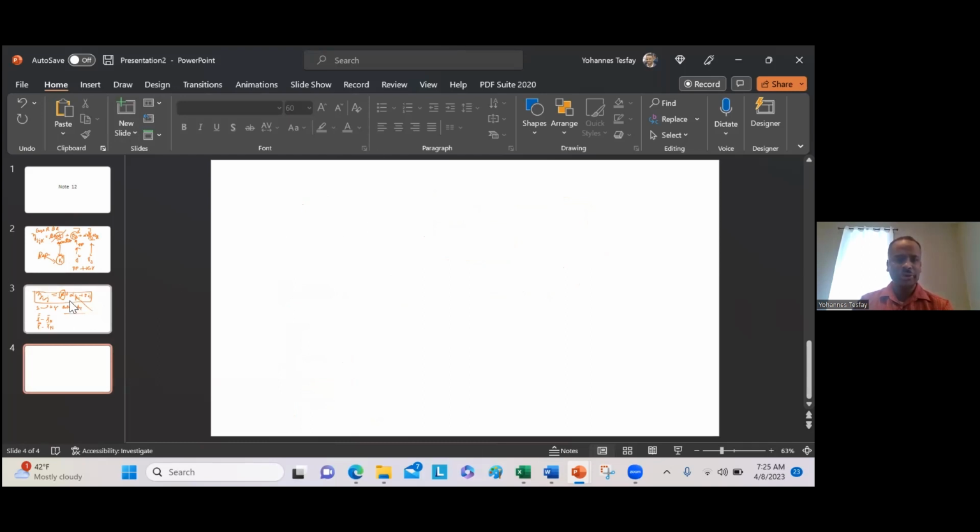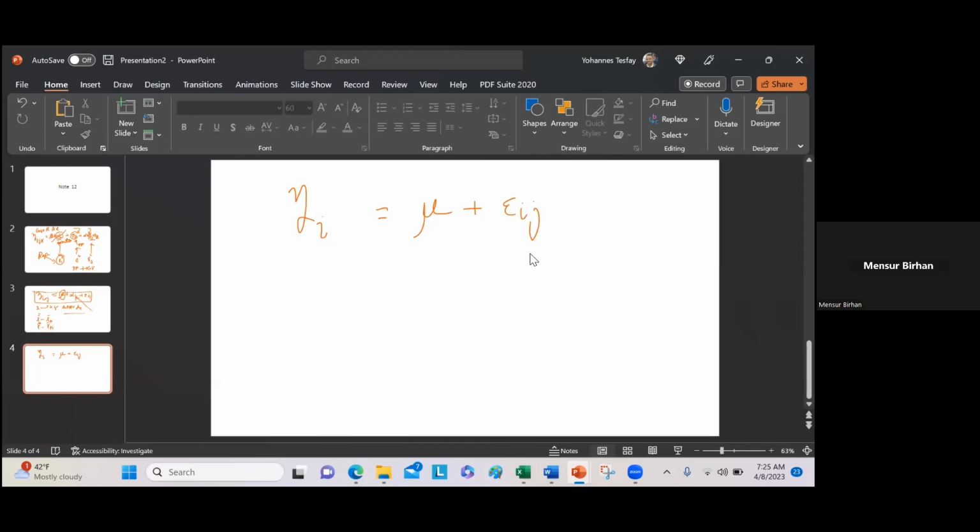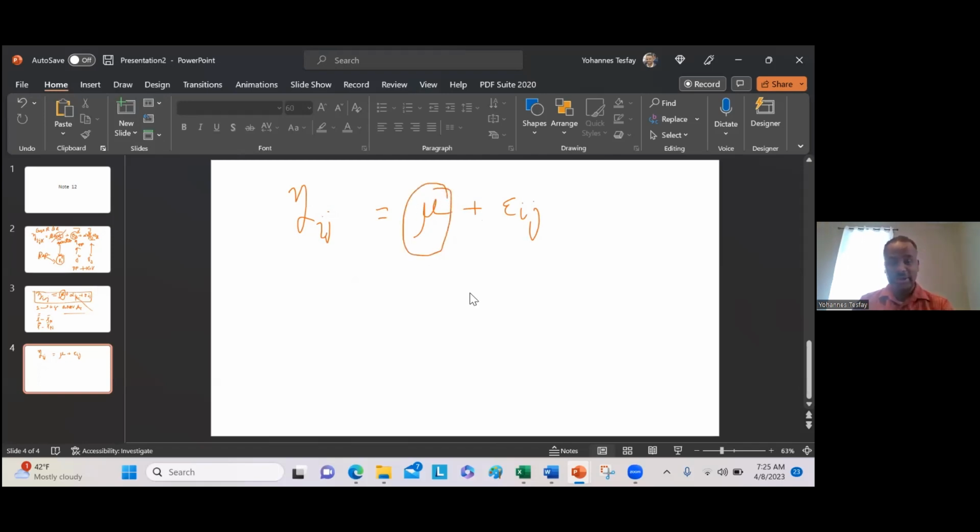We are going to control y, i, and we are going to have x bar, that's the mean, the grand mean, plus error ij. Let's say this is ij or whatever. So the unknown part which are fixed again. This is the grand mean, and this is the random error term.